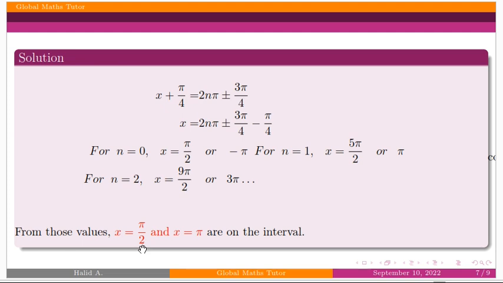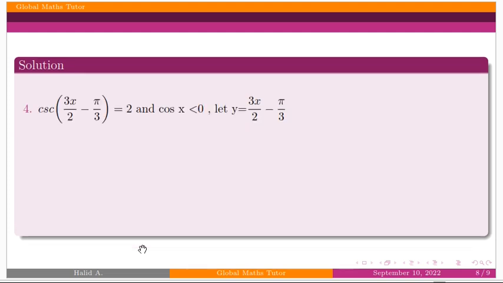The last but not the least equation is cosec of 3x over 2 minus pi over 3 equal to 2, and having a constraint of cos x less than 0. First we will solve this equation, and after getting the solutions for x we will find out which values of x satisfy this constraint. So as usual, let's start by letting this inner part be y and simplify this equation as